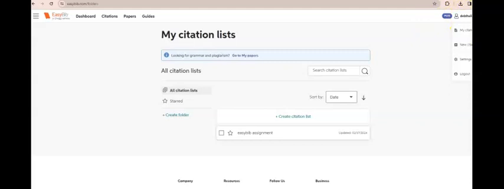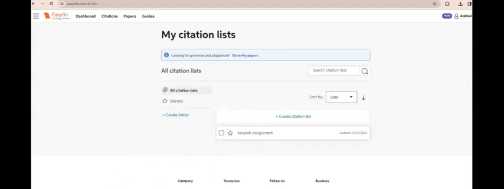When I click the little downward arrow next to my account, I can see my citation lists. I'm going to create a list for each one of my projects. If I write an essay about dinosaurs, I'll have a project that's called Dinosaurs. For our purposes, we're going to use Esybib assignment as our demonstration. Now, let's go back and find out the answer to the question, how many attended that World's Fair in 1851